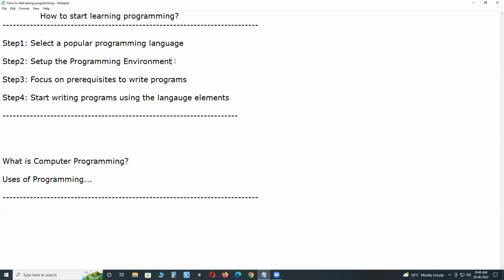First editor to write and edit programs, next compiler to convert high level instructions into machine level code or lower level code. Next, result console, third one, to display the program result. In a general sense, a programming environment combines hardware and software that allows a developer to build applications.